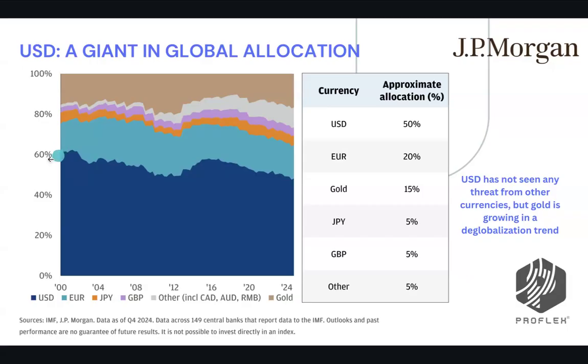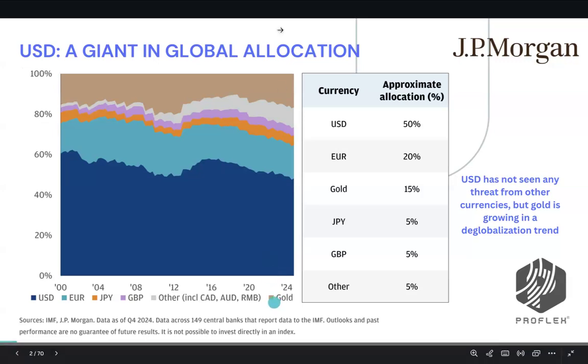When you look at the US dollar, there is a lot of story around de-dollarization and all that. So we look at the data. What is happening in the USD allocation across the country reserves, these are the sovereign nation USD reserves. We can clearly see that even though some people would highlight shorter term trends, this is the last 24 or 25 years, the dollar, the blue, is at approximately 50% allocation. The only asset class which is competing and taking away some share is gold, which is at the top here.